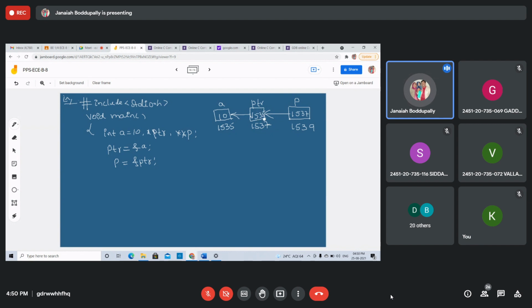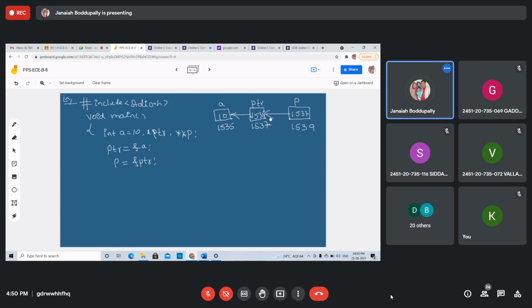The value at ptr is 1535, which is the address of the variable a. The value at p is 1537, the address of pointer variable ptr, which stores the address of a. The address of ptr is stored in pointer variable p.